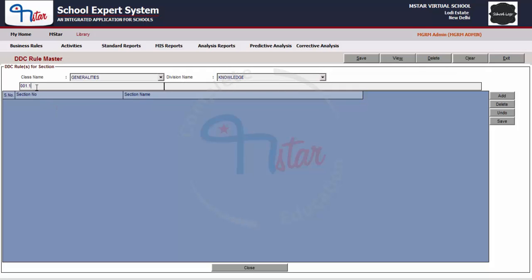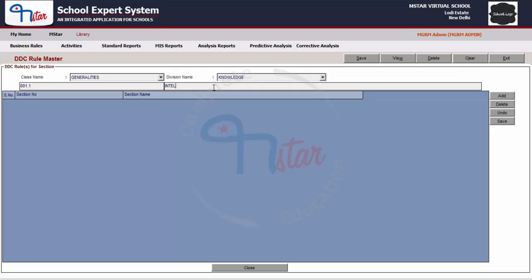You can enter maximum 50 characters in this field, and both text and numbers can be entered. Again, the special characters like dot, dash, slash and comma can only be entered. Next, enter the section name for the respective class name and division name.